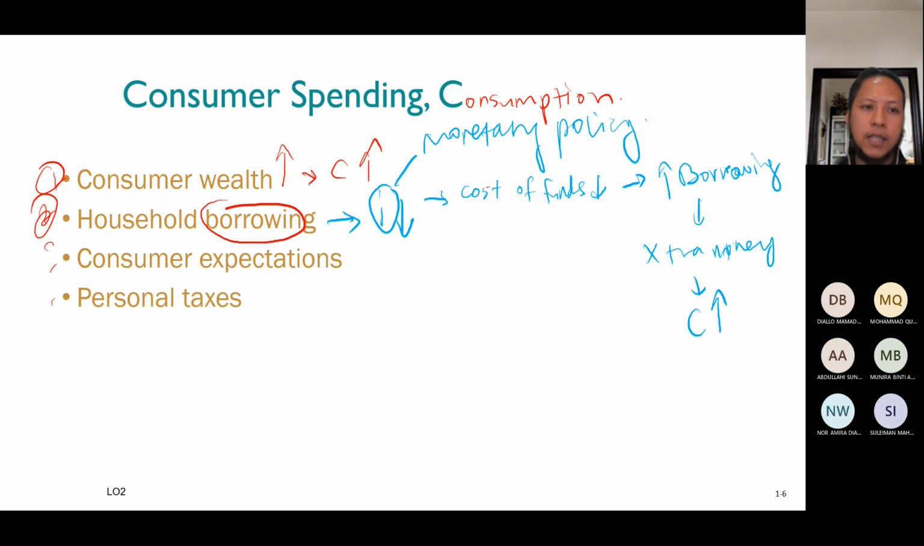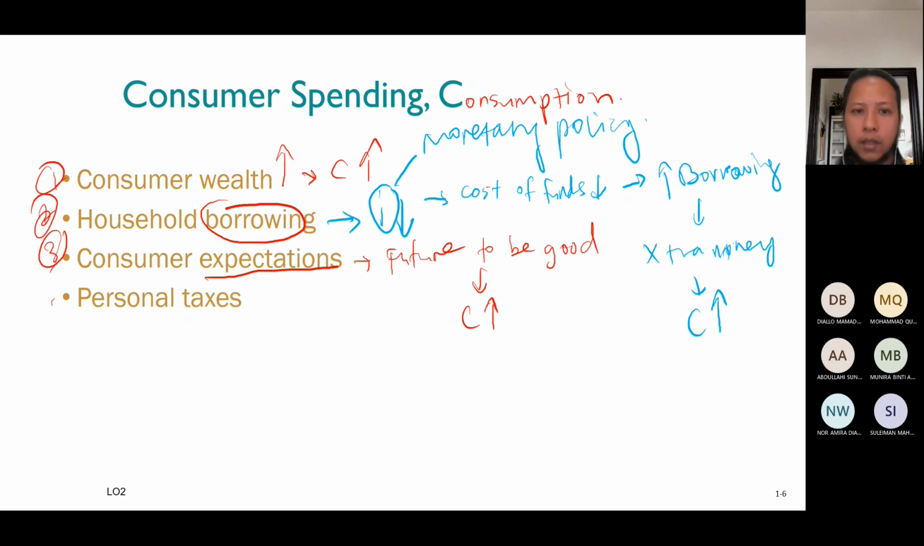Okay, so this is expectation. The idea is that if people expect the near future to be good, then they will consume more. But if they think that the near future will be bad, then they will reduce their consumption. Because why? For example, you think next month,